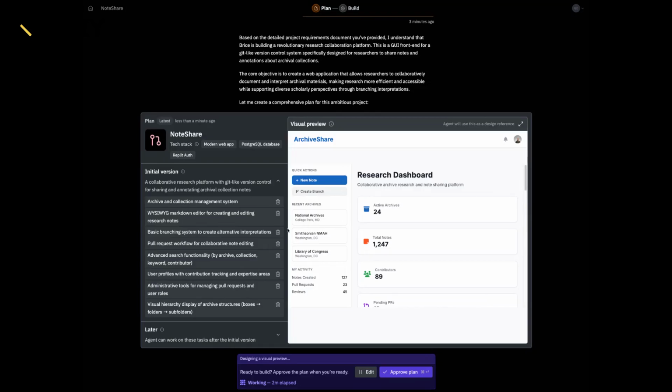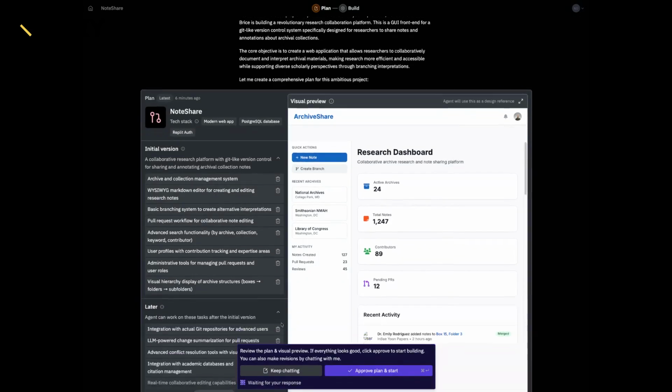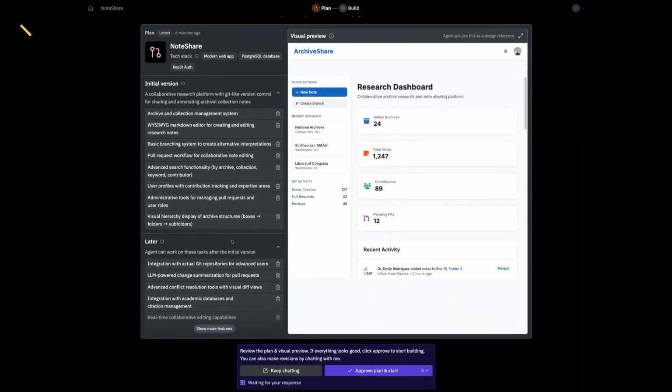So Replit produces a preview here. It's really not interactive at this point, but it's going to give us a reference of what we might expect it to output. And then we've got some initial features. So I just want to give you a chance to look at these features, and we can choose some that we don't need to focus on right now. And we can even ask it to edit the plan and update it. So maybe it missed something in your idea, or maybe you want to push it further. Based on what you're seeing here, is there anything that we should strike or change?